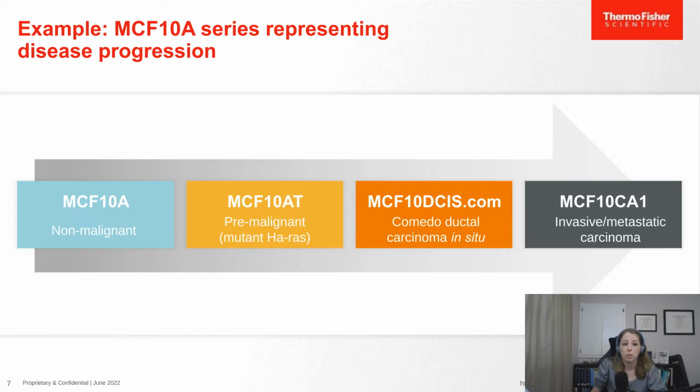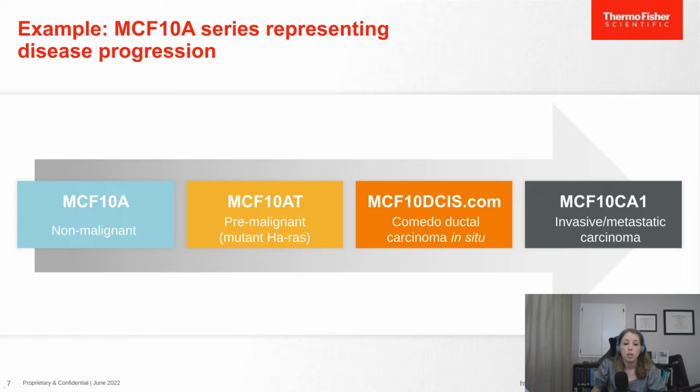These 4 cell lines represent 4 different stages of breast cancer progression from the same patient. The panel was generated from a non-malignant breast cell line named MCF10A that was intentionally transformed with a mutant HA-RAS gene to create another cell line named MCF10AT. The MCF10AT line models the pre-malignant stage of cancer. The MCF10AT cells were then clonally selected until a line which represented the pure comedo ductal carcinoma in situ subtype was found. This line was named